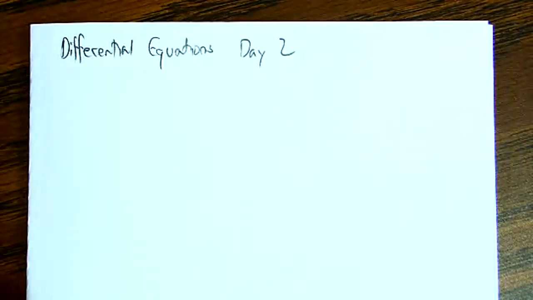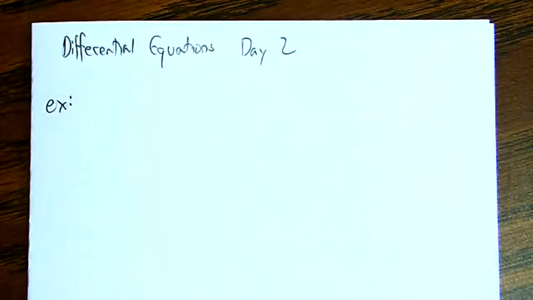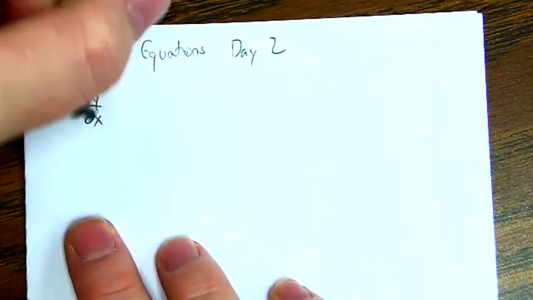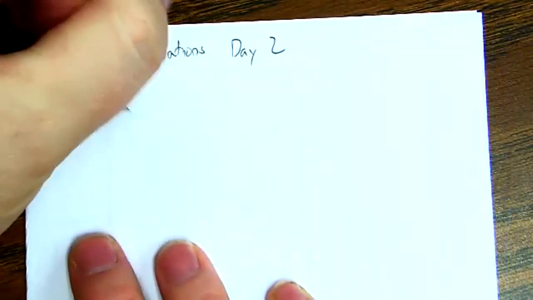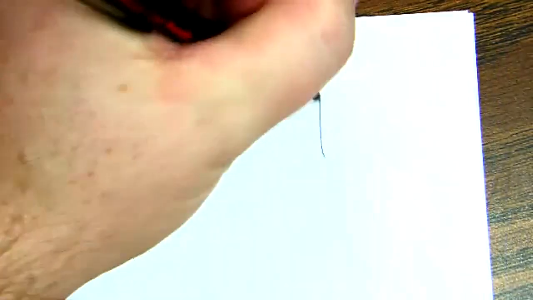So to begin with, we want to talk about direction fields. We've talked about direction fields before in either Calc BC, Calc 1, or Calc 2, depending on where you were at before. But we can consider a direction field given by dy dx is equal to x. Now, our ability to solve this differential equation is irrelevant to what we're going to do right now. We're going to draw a grid,